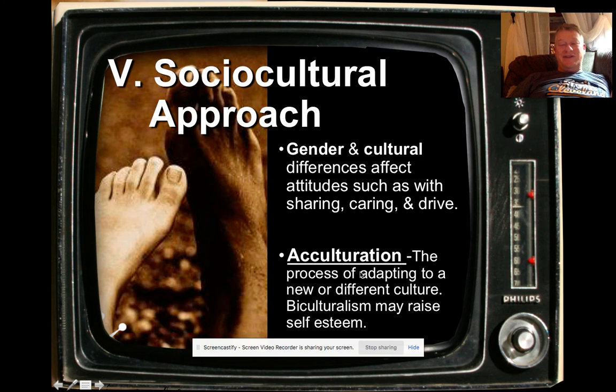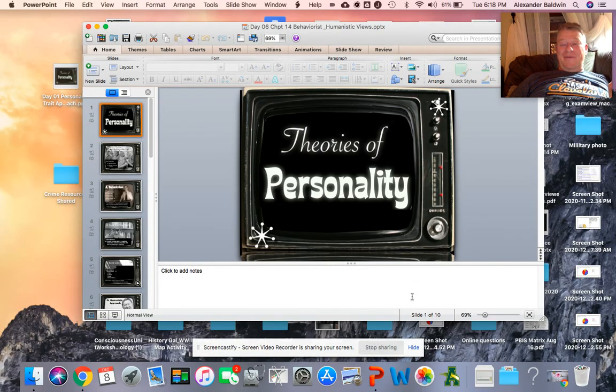Acculturation is the process of adapting to a new or different culture. My wife and I love it when we go to San Francisco because we blend into the culture of California and the kind of subculture that they have in South San Francisco, which is a little bit different from most parts of America. So it's a neat way of seeing the world and actually being a part of it. So that wraps up that little